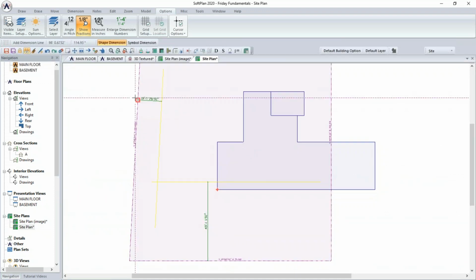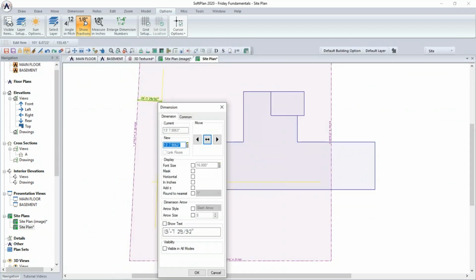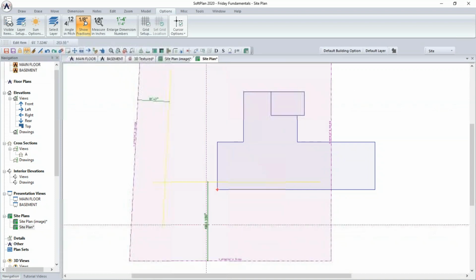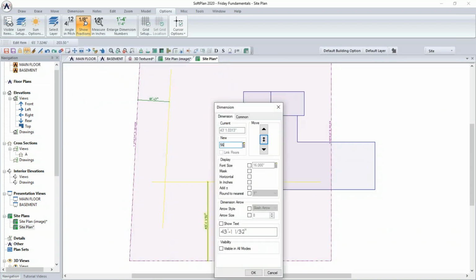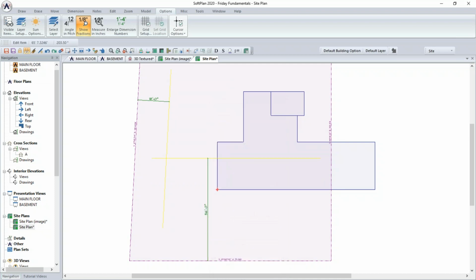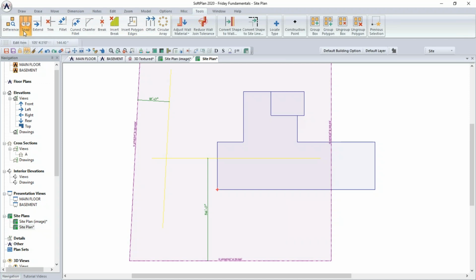And I'll get a dimension line for the front. Now that I have those dimensions put in, I'll edit those values and specify the exact setbacks. Side is 18, the front is 56 feet up. I'll then again come to tools and fillet those setback lines. And where those two setback lines intersect, that's the corner of where the building needs